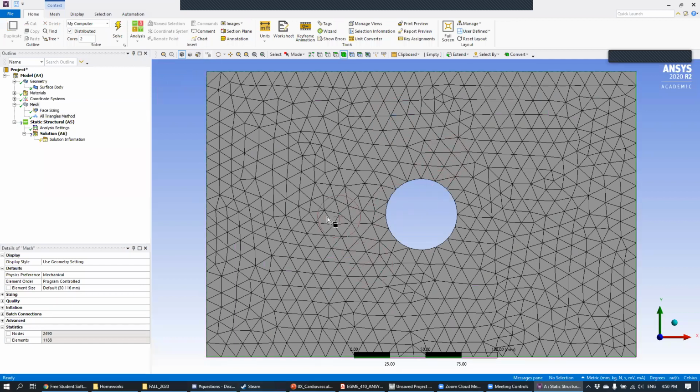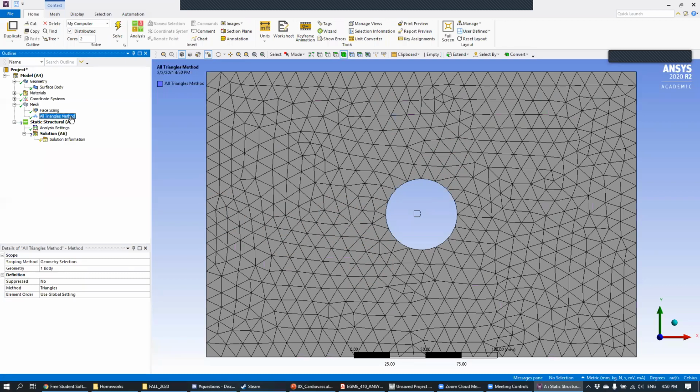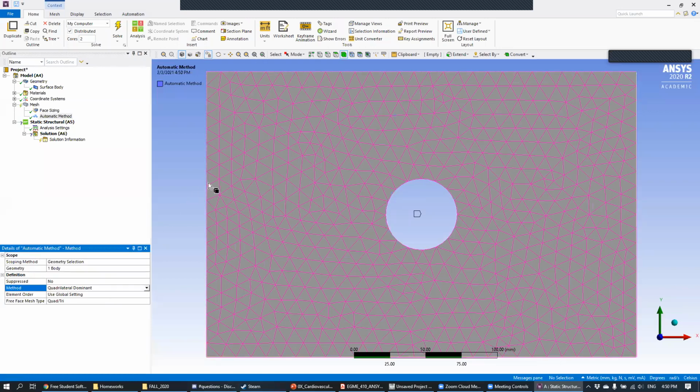For right now, we're going to use squares or quadrilaterals, but I want you to try a triangular mesh later on. The pros and cons of quadrilaterals versus triangles is something we're going to talk about throughout the class. But generally speaking, if you can mesh your geometry with quadrilaterals, that's usually